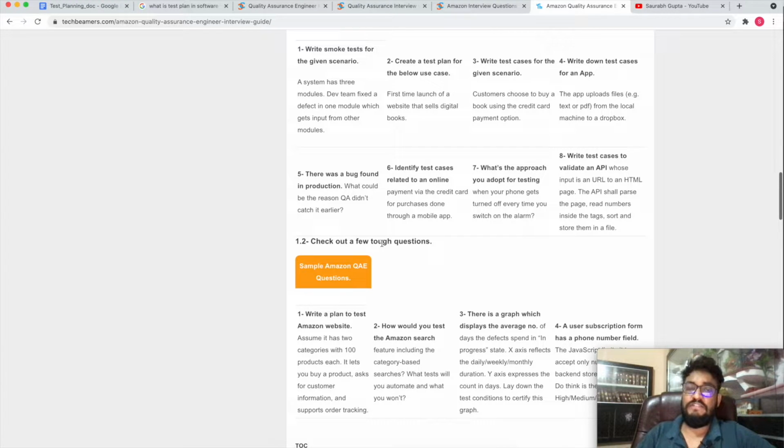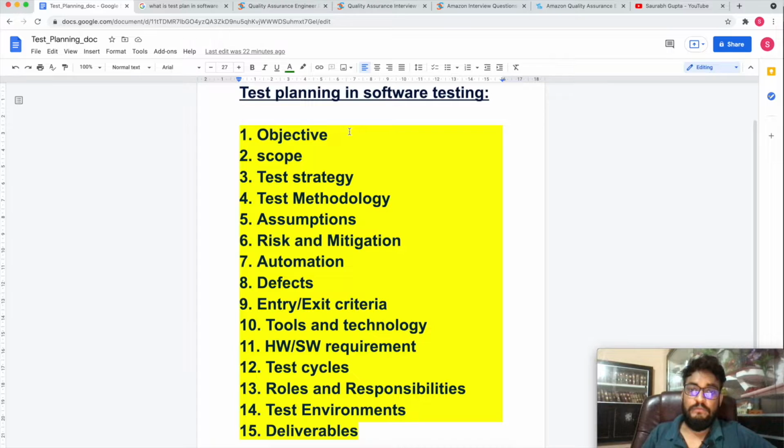Okay, test something like this. This is the scenario. Then this is your job, how you carry out your testing, all the way from requirement analysis till the time you are signing off on that feature, right? So as I showed you, this is the document which will be helpful for you.